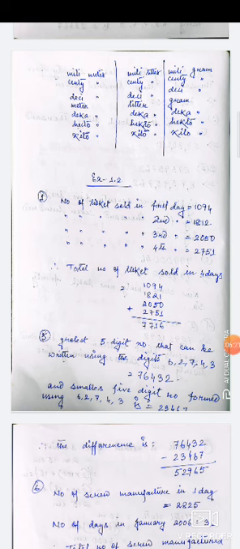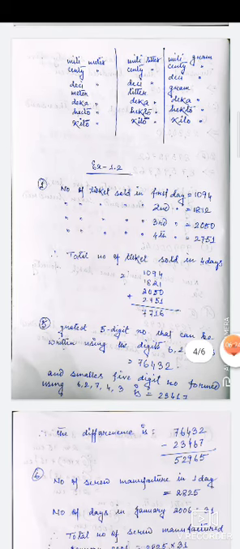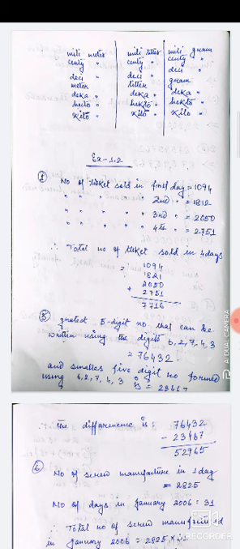The first question is, a book exhibition was held for 4 days in a school. The number of tickets sold at the counter on the first day, second day, third day, and final day was respectively 1094, 1821, 2050, and 2751. Find the total number of tickets sold on all the 4 days. So it is clear that we have to find the total number. So we have to find the sum of all the tickets. So how can we solve this?